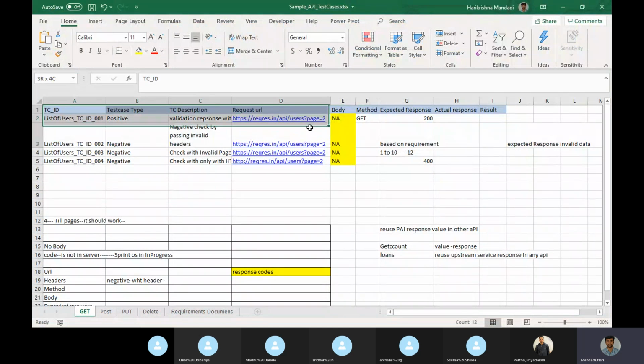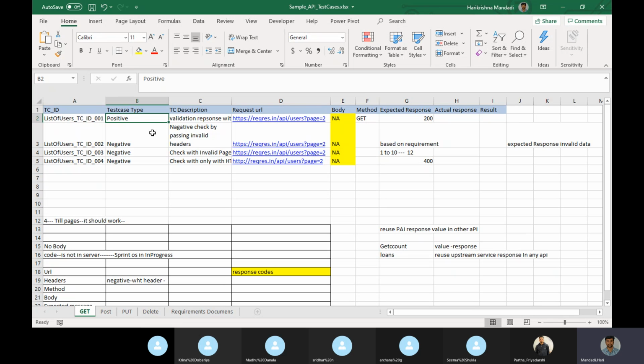So these are the test case fields I kept. See the test case ID, how the naming conventions are. List of users, test case ID 1. Type positive. What does positive mean?